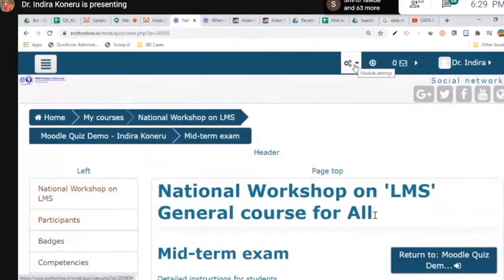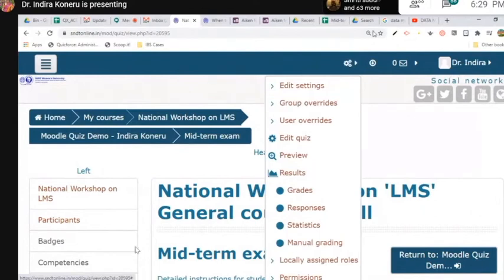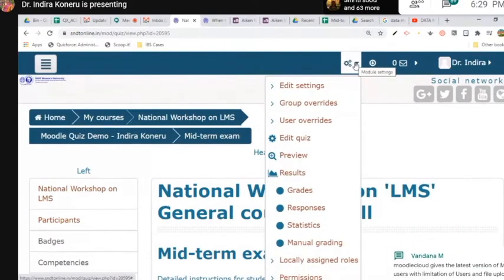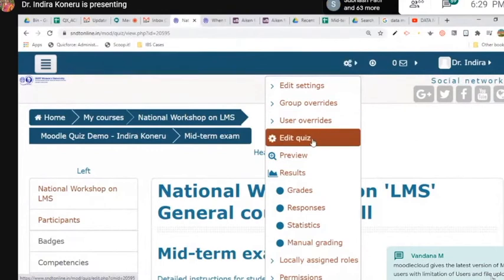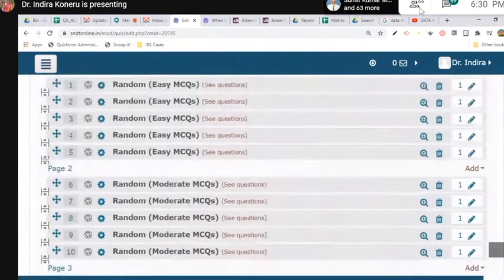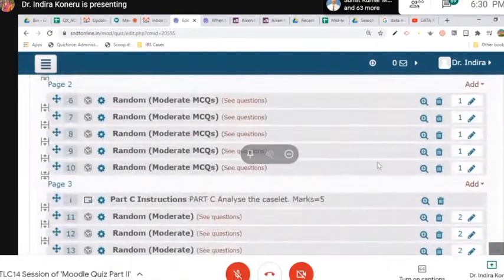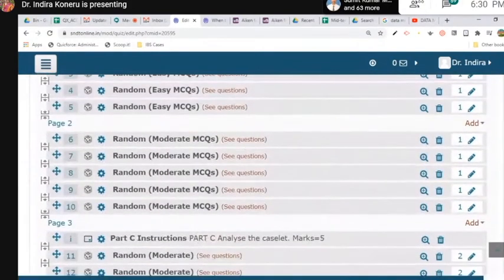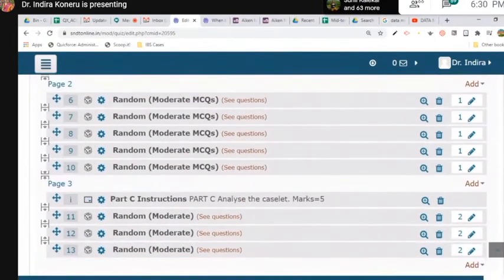And from here also you get this. This is contextual now. When you are on the course page, that is different. Directly from here also I could go to edit quiz instead of going back to the question page. We didn't add part B. Okay, we forgot to add part B. That is the reason it is directly taken as such.